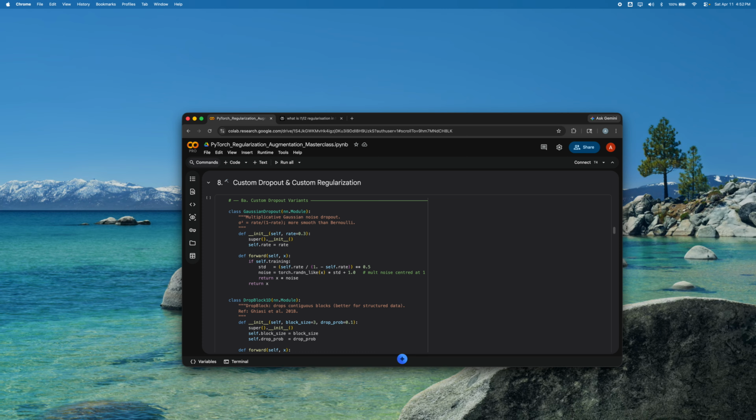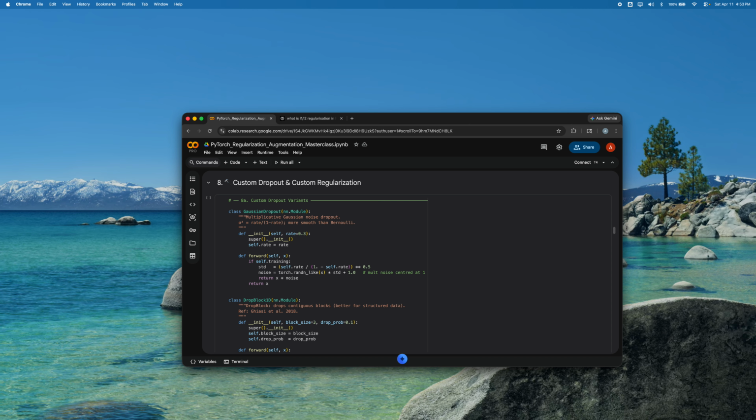Then we have custom dropout and custom regularization. This section goes beyond PyTorch's built-in tools and implements several advanced variants from scratch. The first one is Gaussian dropout. Instead of hard zeroing neurons, it multiplies activations by random noise centered at 1, and this is smoother than standard dropout. Then we have DropBlock, which drops an entire contiguous block of neurons